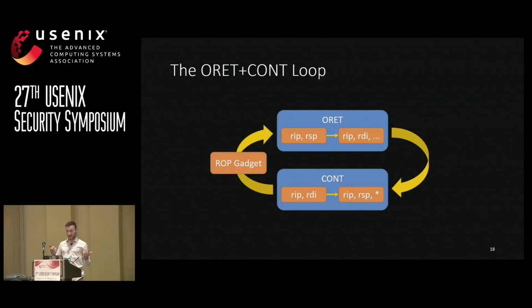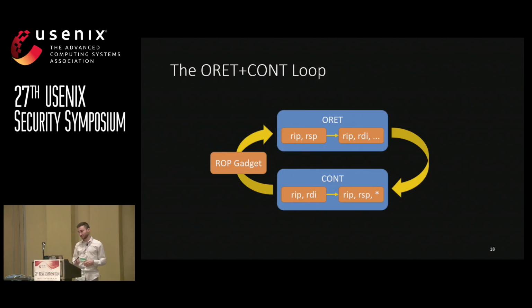It doesn't necessarily have to be a small ROP gadget, it can be a whole function. So instead of chaining small gadgets, we can chain whole functions, because the continue primitive gives us complete control over the context, and we can set all the arguments and everything we want. Then that ROP gadget, since we control the stack, is going to return, and we can make it return to the ORET and